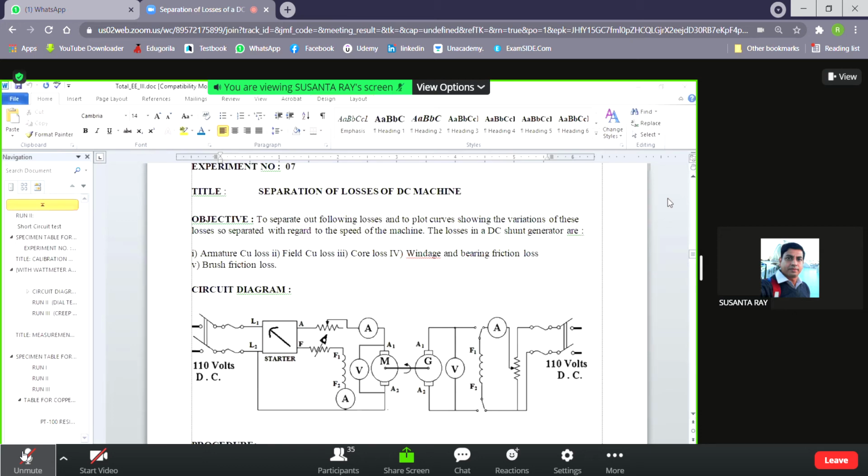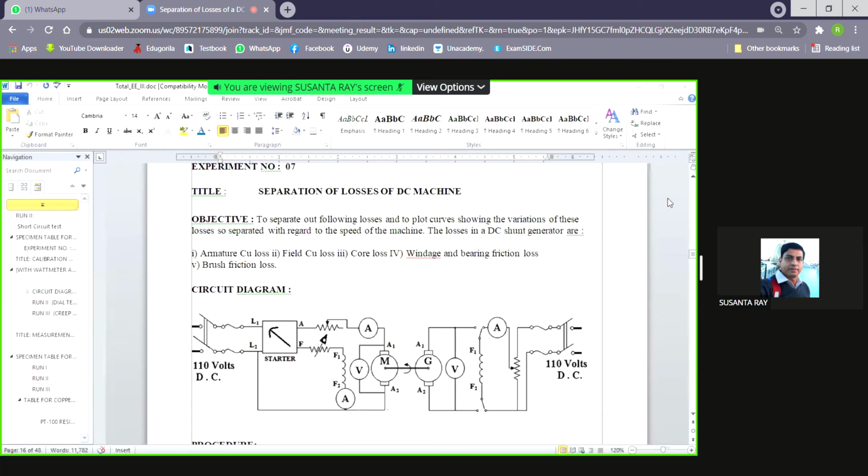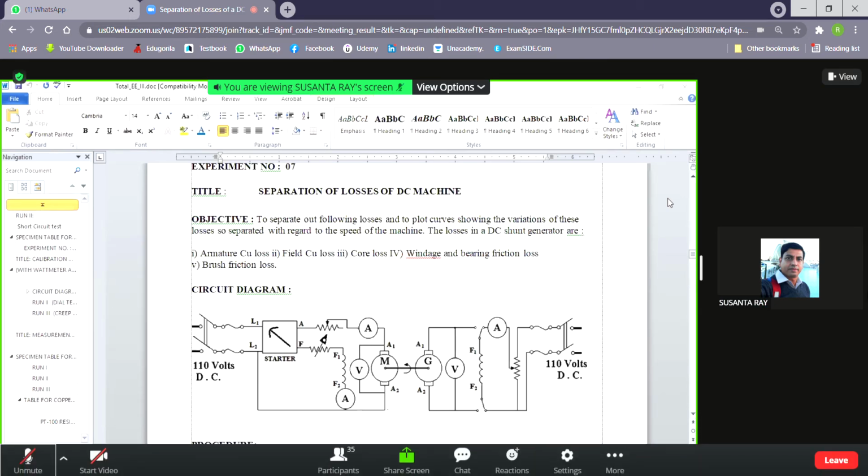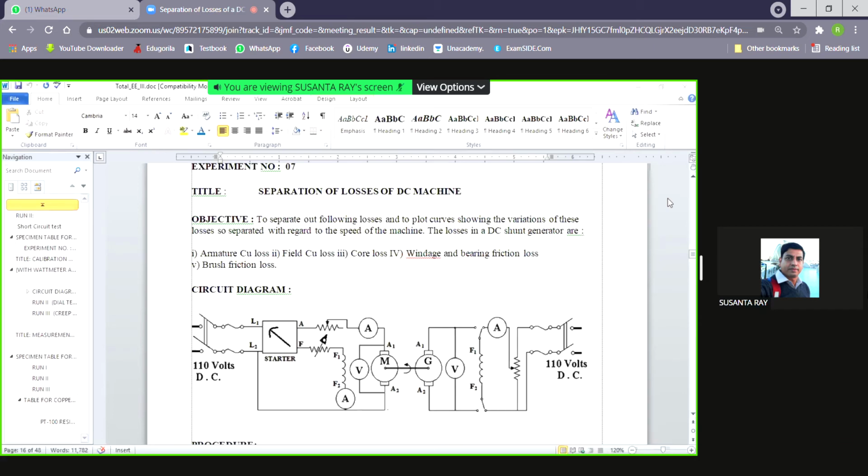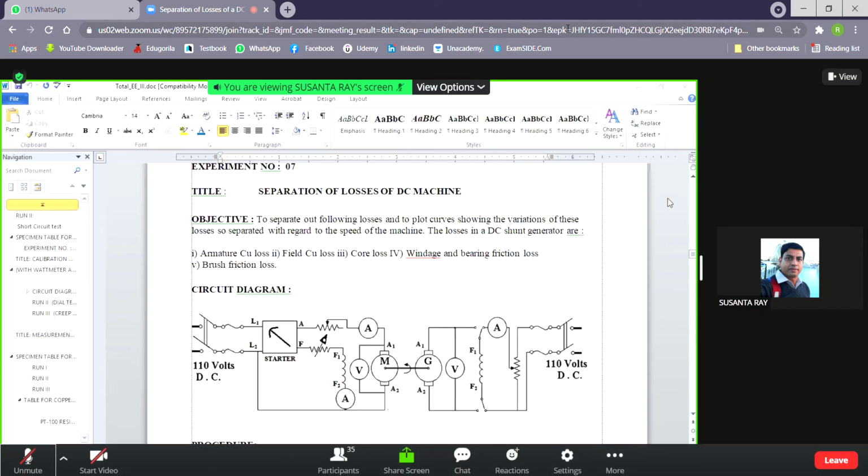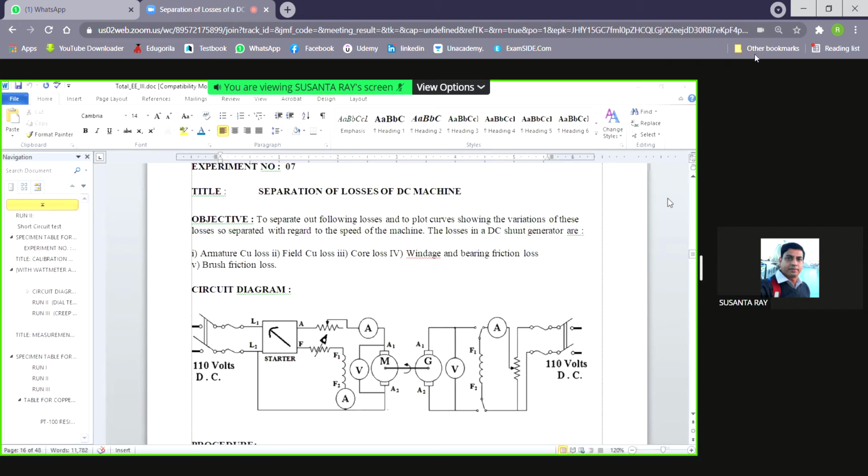And therefore we can get a speed dependent core loss in case of a DC machine. Why speed dependent? Though the core losses are mainly frequency dependent, here the frequency itself depends on the speed. So basically the core losses will be speed dependent. During the report writing, we'll draw some curve of core loss versus speed, and we'll see the relation between the different core losses and the speed.